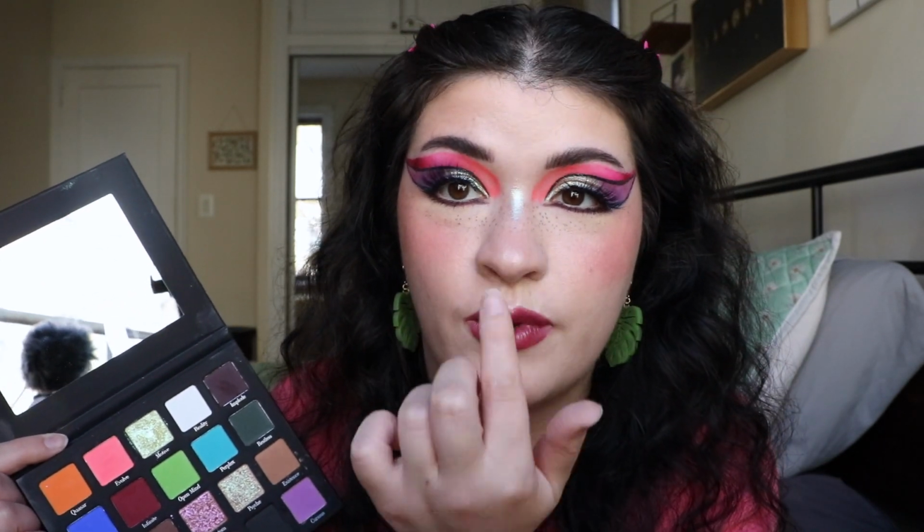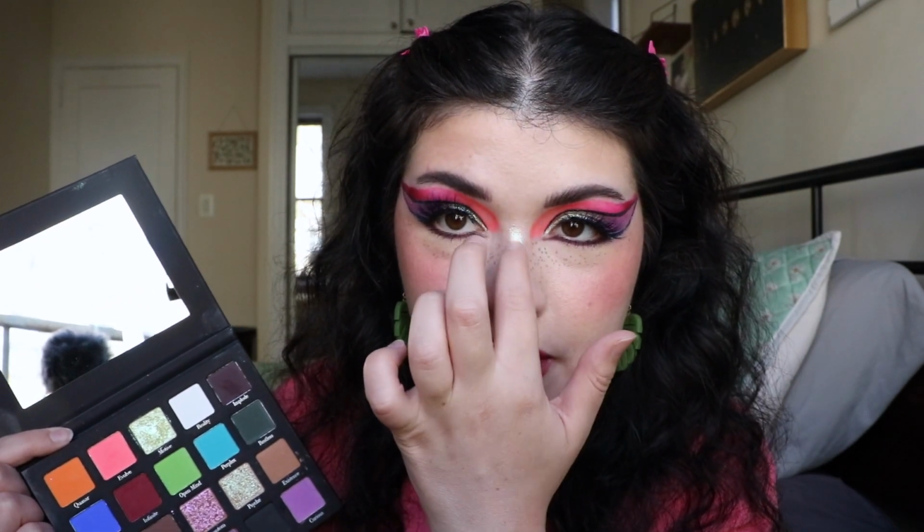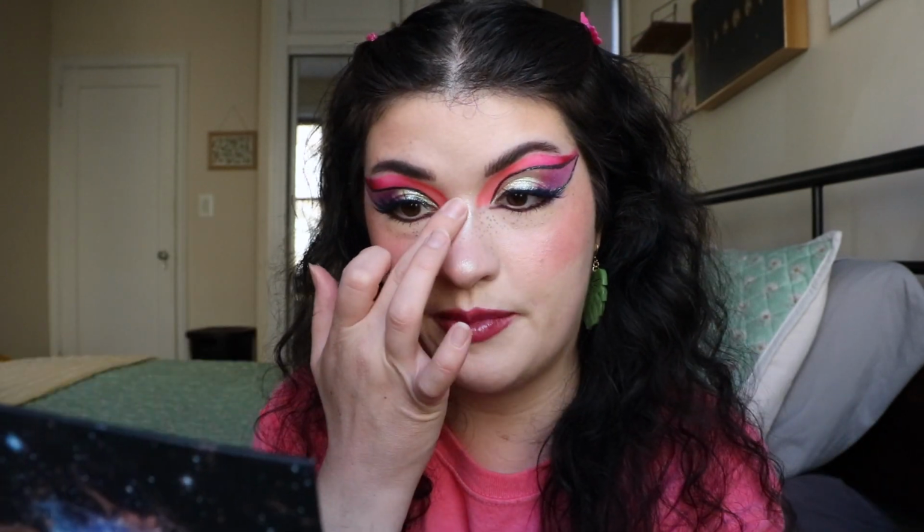Should I put it on my nose? Why not? You can't tell me what to do. Let's just put it on my nose. Wow, green nose highlight. Okay, I gotta stop adding more to my makeup because I've already added so much, but oh my gosh, look how pretty it is. I mean, this shade Motive is just